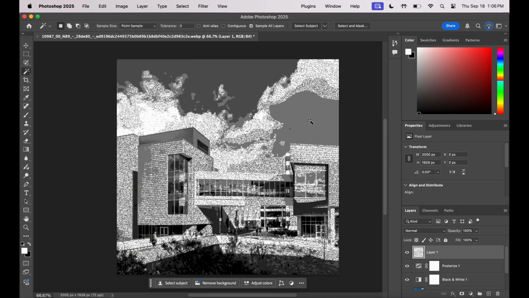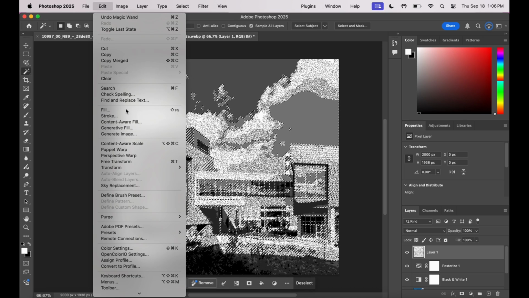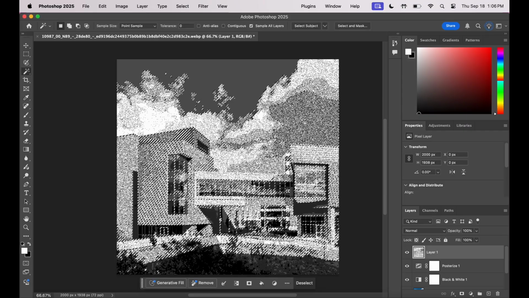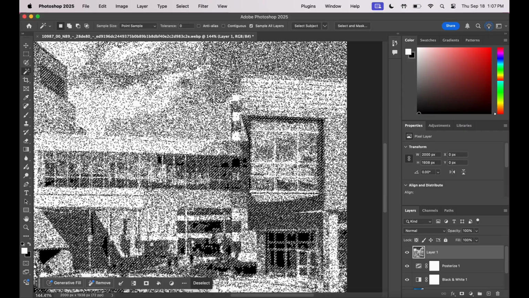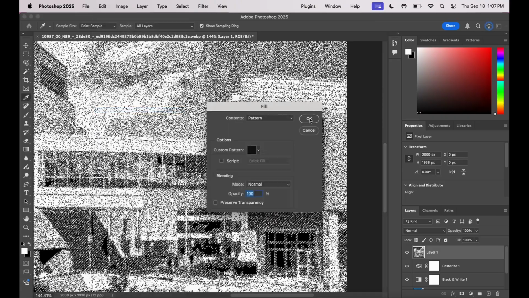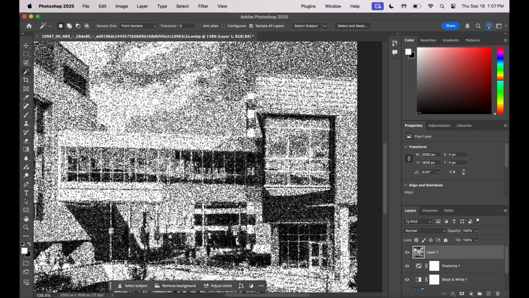So if you want to keep repeating it, then we're going to click on that next lightest one, fill, and we're going to keep adding those stipple patterns. If you need to zoom in, you definitely should, just so that you're not missing one of those darker colors that doesn't have a whole lot